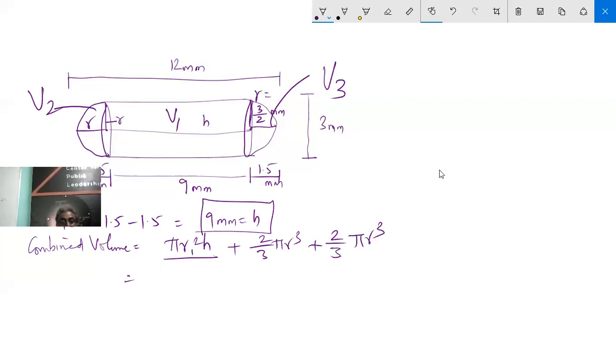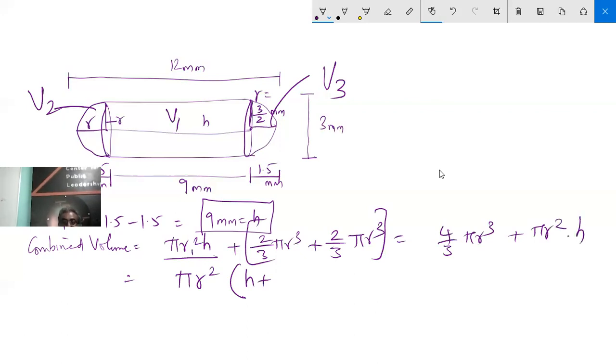R is the same, so pi and R you can have the same. Pi r squared is the same. H plus, this is becoming 4/3 pi r cubed, because 2/3 plus 2/3 is 4/3 pi r cubed, plus pi r squared into H. Pi r squared into H plus 4/3 R. So pi into R is 3 by 2 into 3 by 2, into H is 9 plus